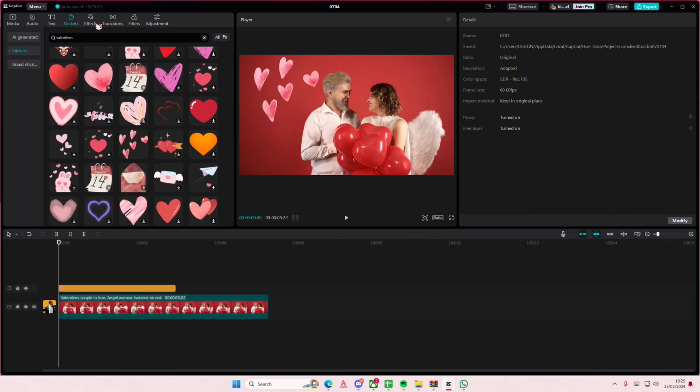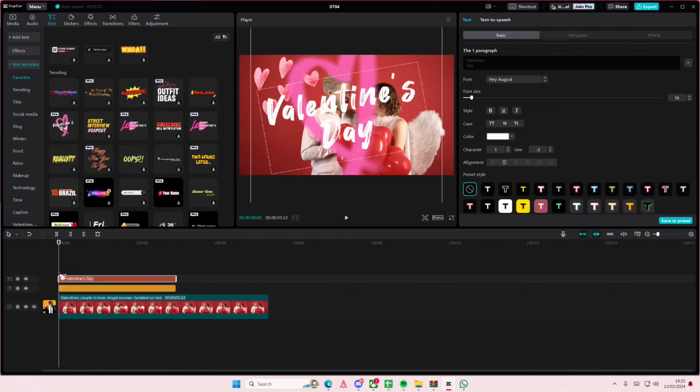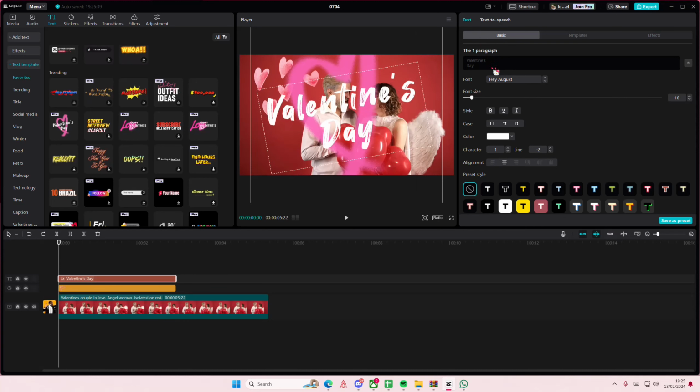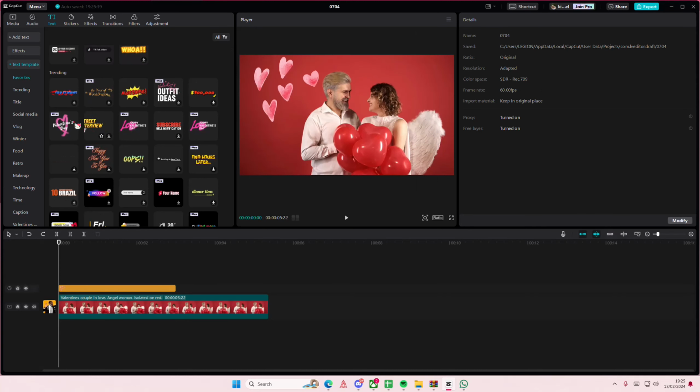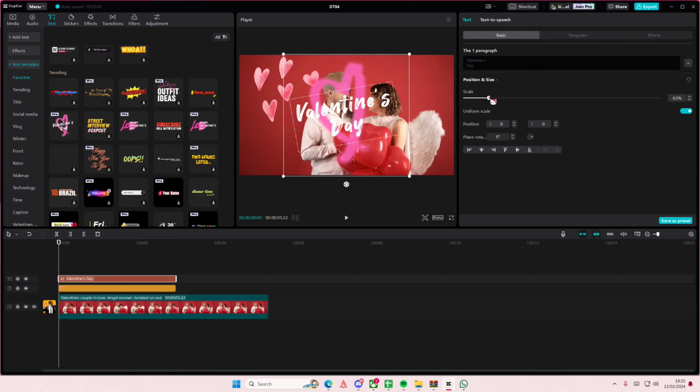or whatever. And then you can also go to text and go to text templates. They have a few Valentine's Day text that you can add, as you can see. Whoops, I just adjusted the font size, sorry. Let me just go here and scale it down, and you can add it here maybe, and you can add